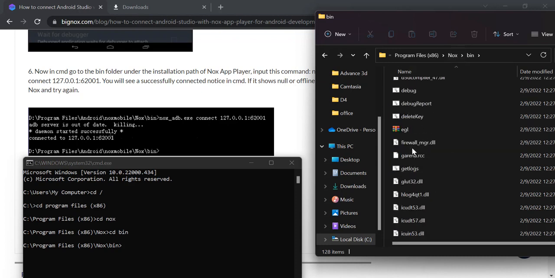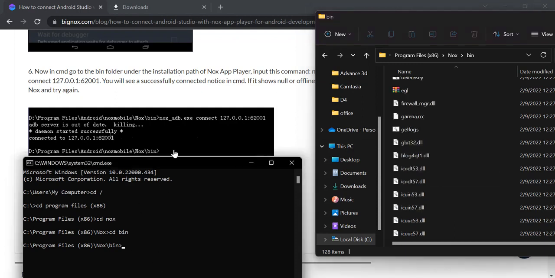To enable the connection, I may type the following. As you can see here, I will just copy: nox_adb.exe, then type connect, and